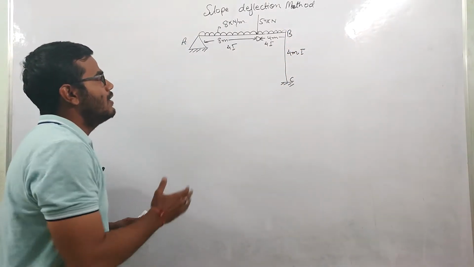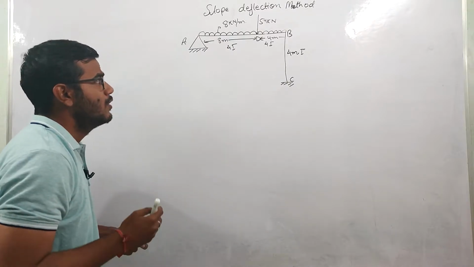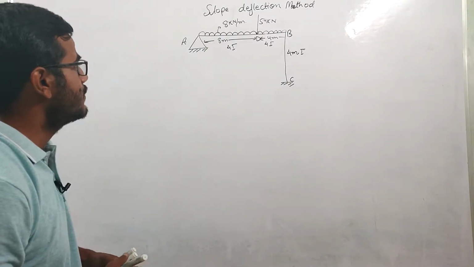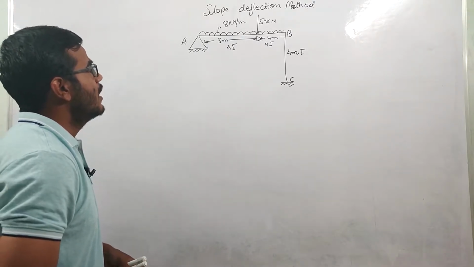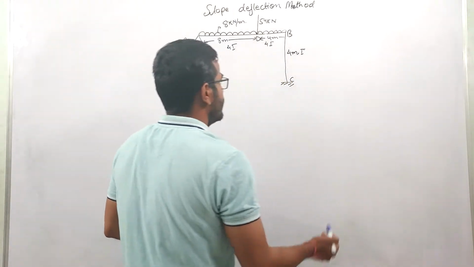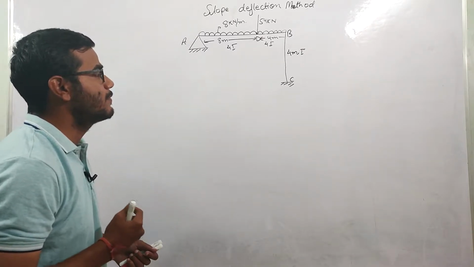All these loads will be resisted by bending of beams or columns. So in a rigid frame, the loads are resisted by the bending of beams and columns, right? Load means this vertical load, and maybe some horizontal load may also be there. So we need to analyze this problem by using the concept of slope deflection method.